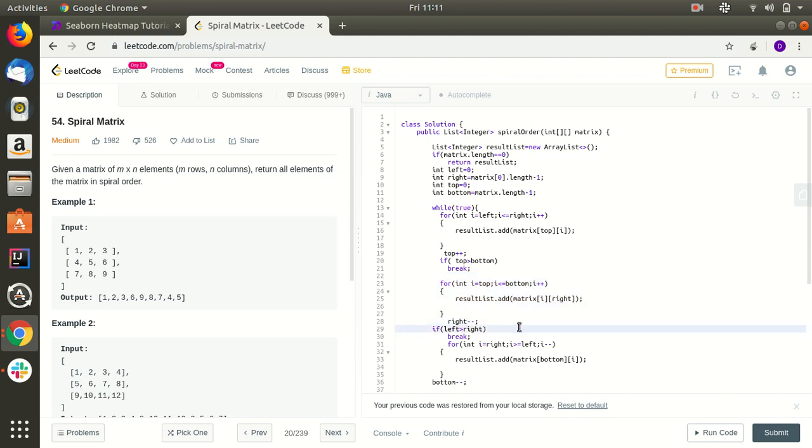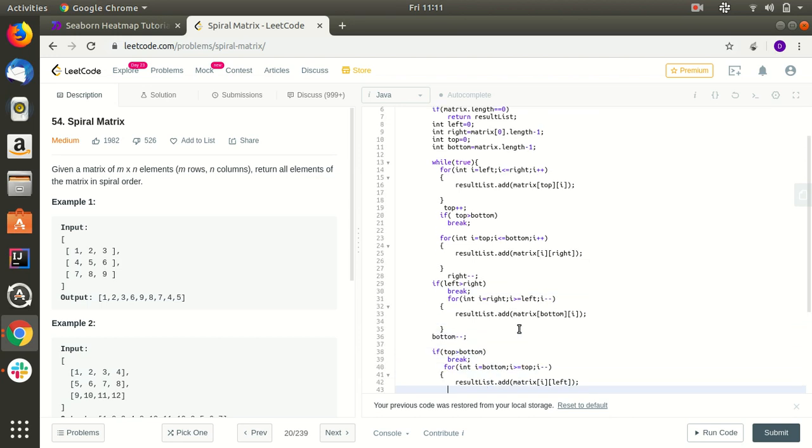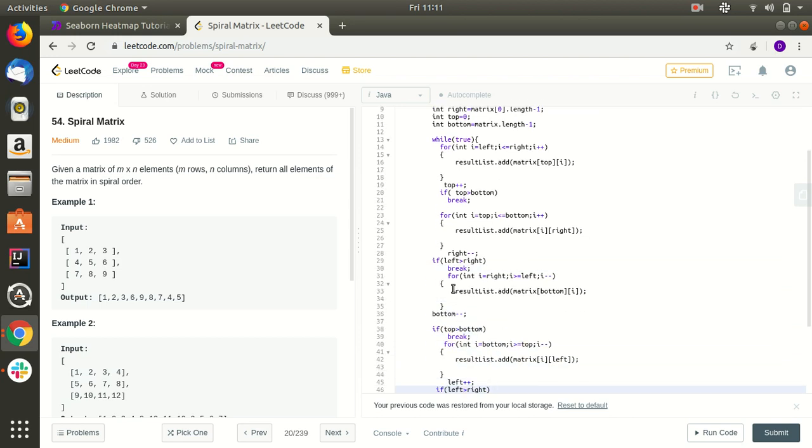If left is greater than right, we will break. Then for int i equal to right, i greater than or equal to left, i minus minus. So i is equal to right now, which is this position, and it is greater than or equal to left, which is this position.